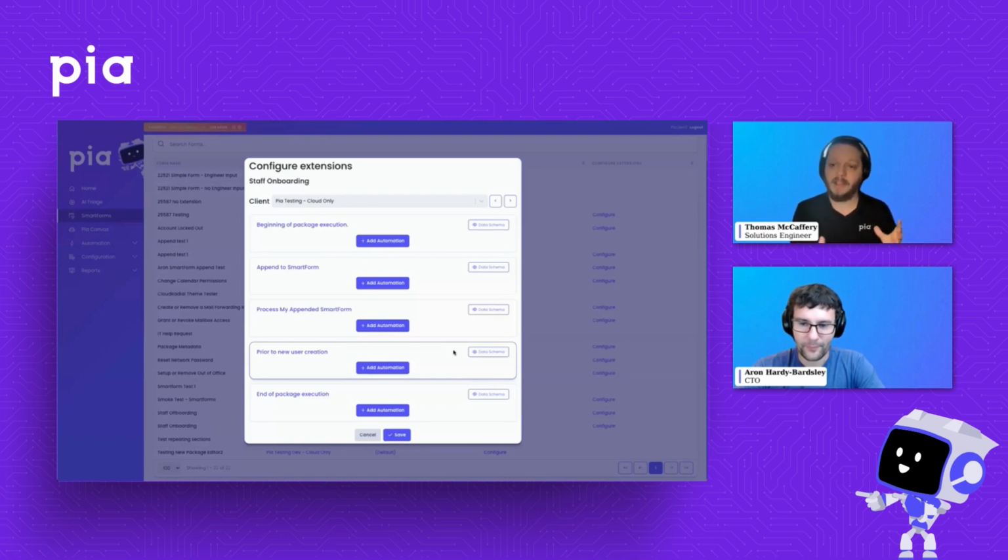Of course, we do have a lot of training available and resources in terms of building and developing these, and we're always happy to be part of that journey with you as well. But I just want to show you guys how many areas there are for you to go and add some stuff in there. So it's very, very configurable, very customizable.